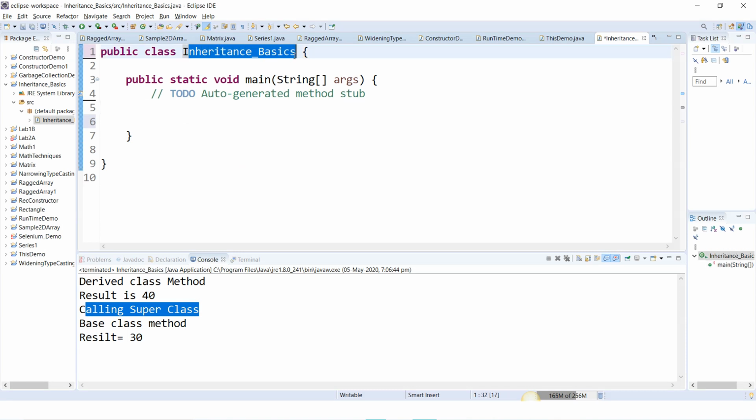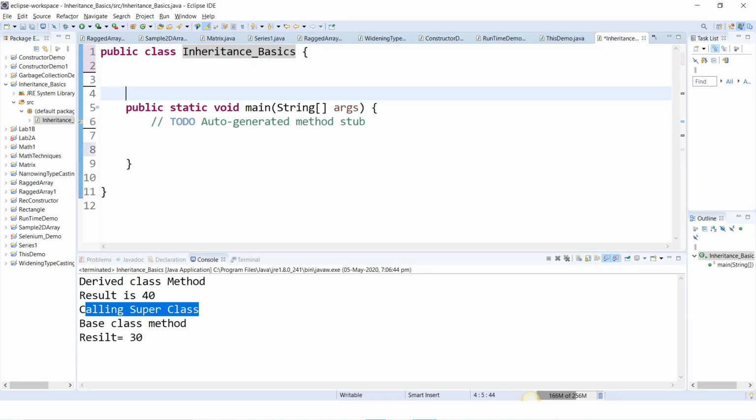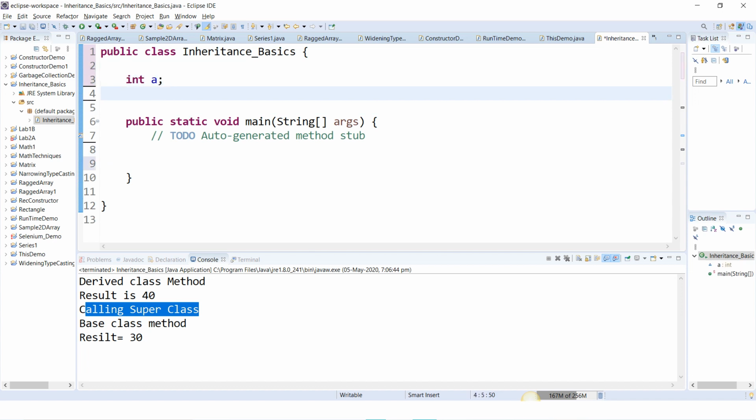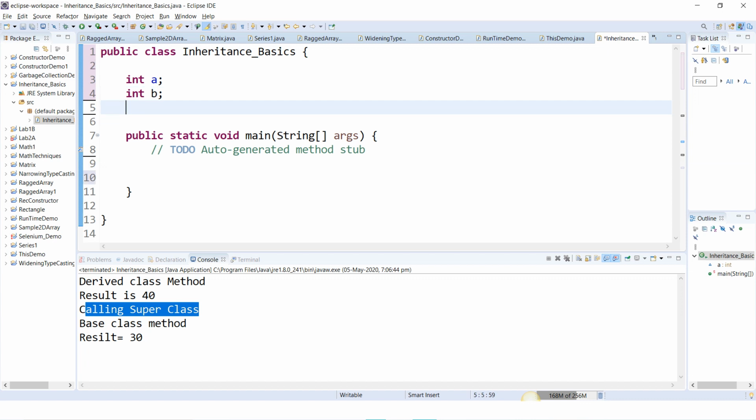In this class, I'll create two variables, int a and int b. I'll not initialize them now.